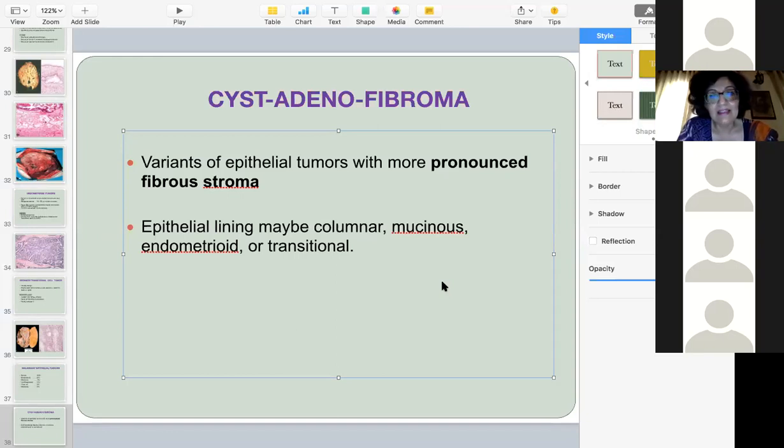And they can either be serous cystic tumors, mucinous cystic tumors, endometrioid cystic tumors, they can be Brenner tumor, which can be cystic, or cystadenofibroma, which can be cystic. Okay, so the more solid the tumor, the likelihood of it being malignant becomes greater. But a lot of these tumors present as cystic masses with some areas of solid component.